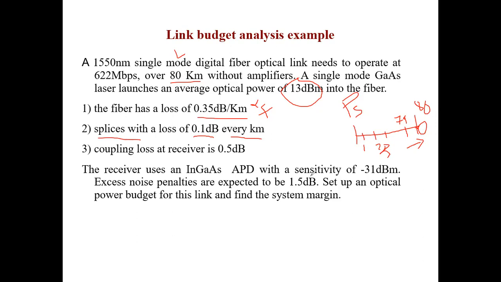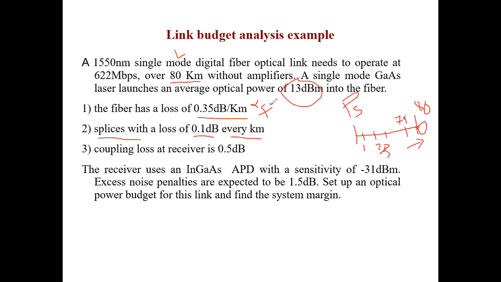Many times they say that there is a splice after every 2 kilometers. So different problems will give you different situations. So I am calculating the loss component. Look, in the home budget, here was my gross income and then we were subtracting the expenditure. That is how we did the budget of our home. Now we will be subtracting all these loss components. So the PT is present here in the question. So the fiber loss is alpha F.